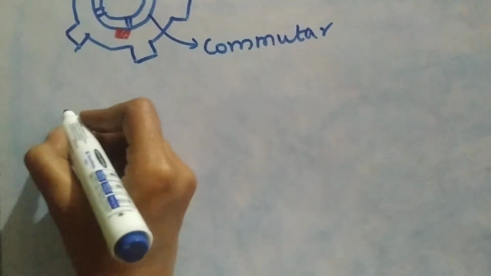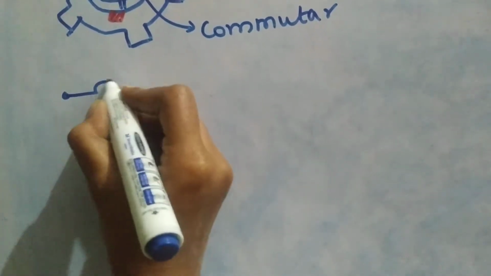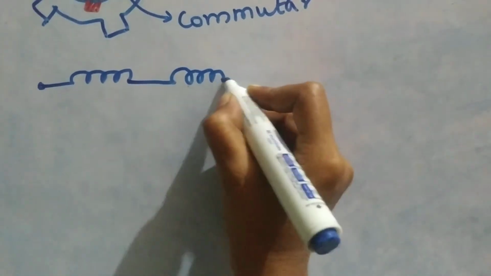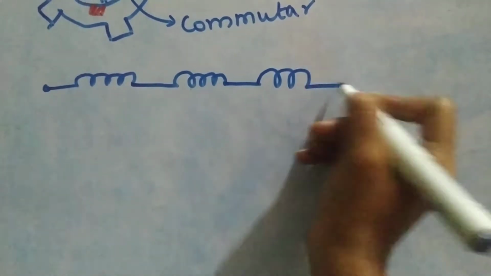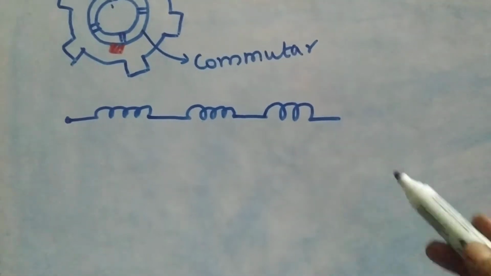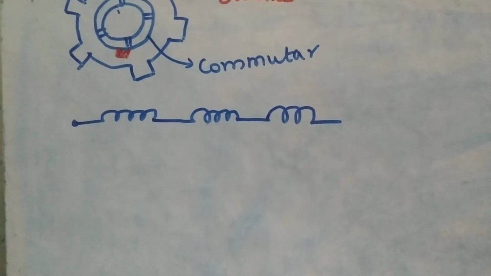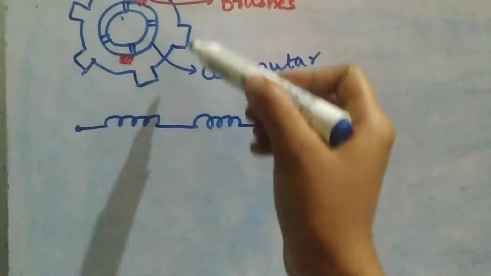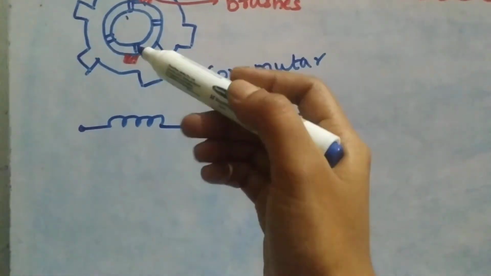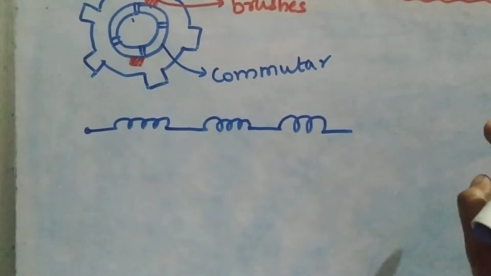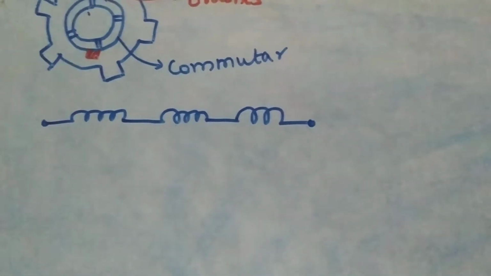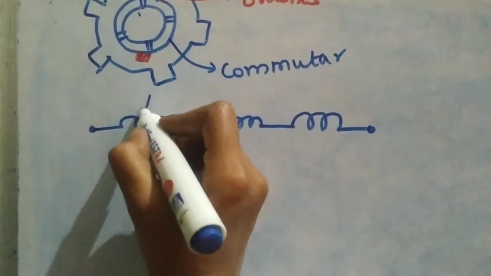Let me draw that. If this is in a circular manner, I'm going to draw it in a linear way. Just like you have a thread in a circular way, and if I cut that thread, it looks like I can start from one point to another point, yes or no? So in that way I'm going to write it.